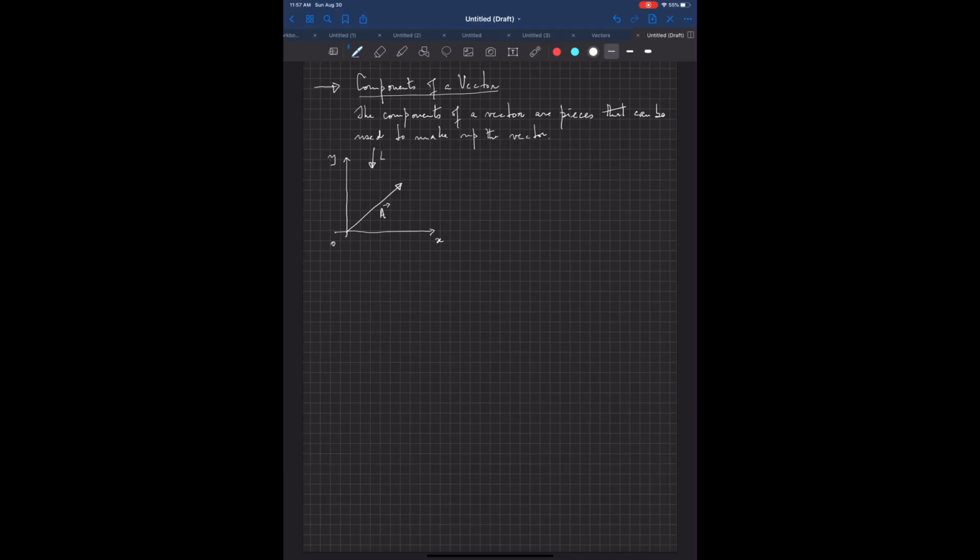Suppose I have a lamp, okay, and it's shining light in that direction. Then the shadow of A on the x-axis, which is the projection of the vector A on the x-axis, is the vector A sub x. Okay, and